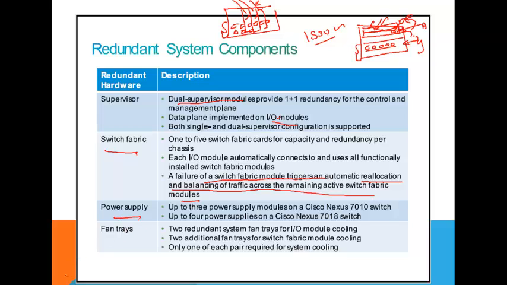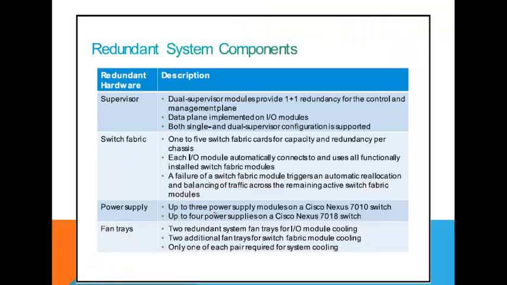Power supply. The 7010 series has got 3 power supply modules. With the 3 power supply modules, we can have 4 different types of redundancy, high availability. We'll talk about that. And in the 7018 series we got 4 power supplies. Now each power supply will have 2 separate power inputs, totally independent of each other, meaning